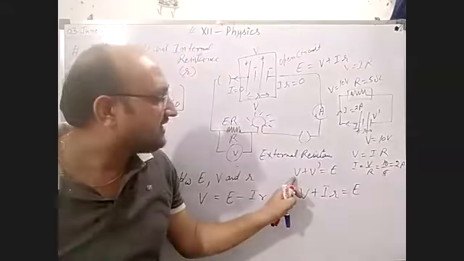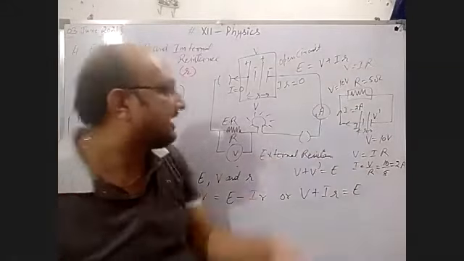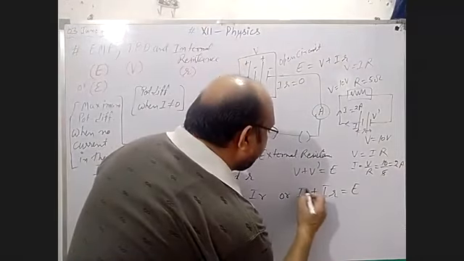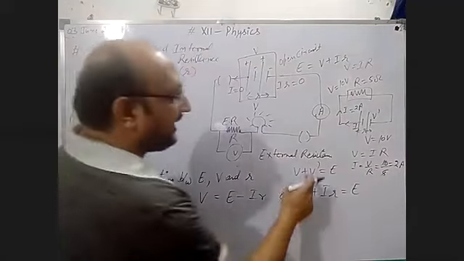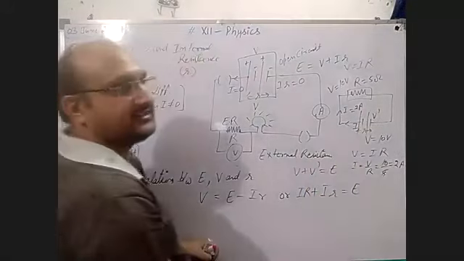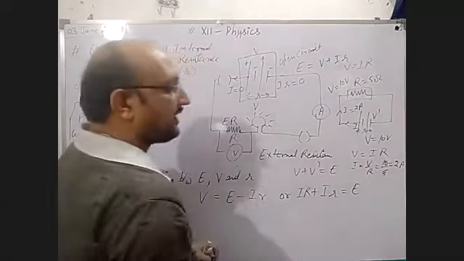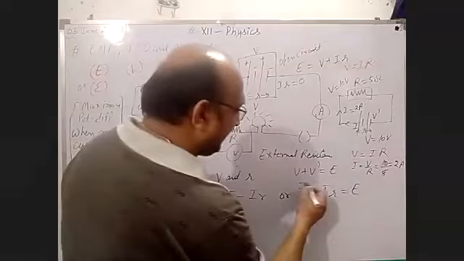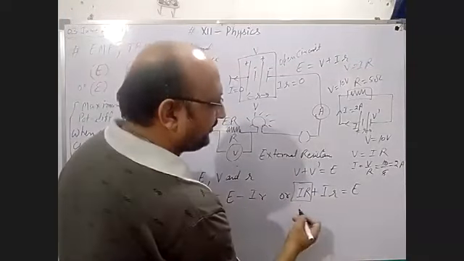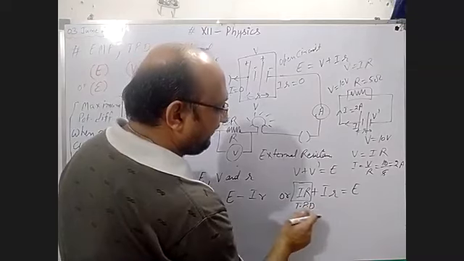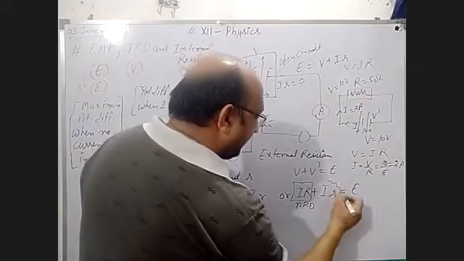Here this V is I into R, capital I into R, and this V dash is capital I into the internal resistance. In this way, you can take the maximum value of EMF. And this is the terminal potential difference. If we are adding the voltages, if you have any query,